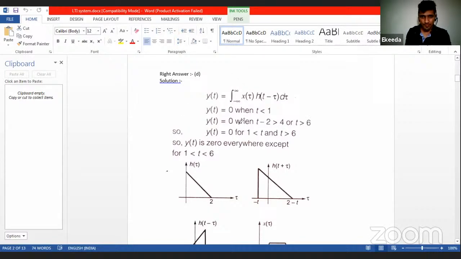This is how we used to calculate this y(t). First we will draw x(tau). x(tau) is the same as x(t), and then we will draw s(t minus tau). For that, what we used to do,